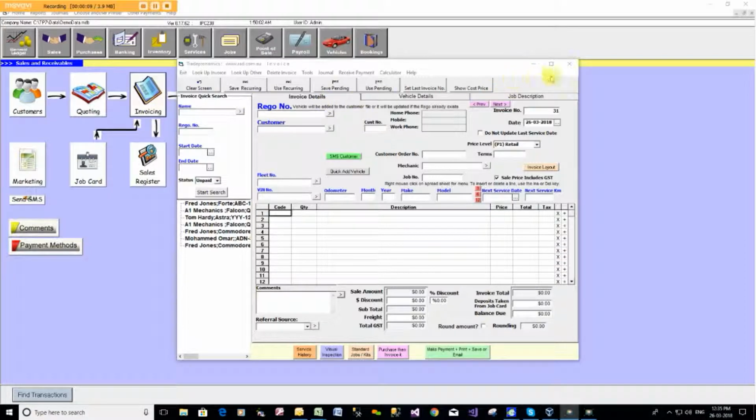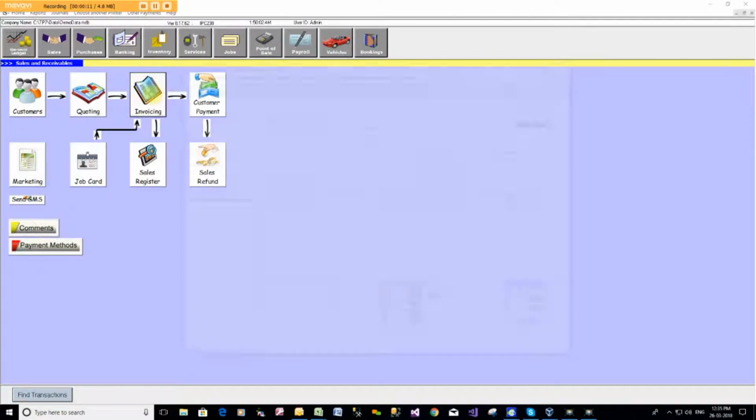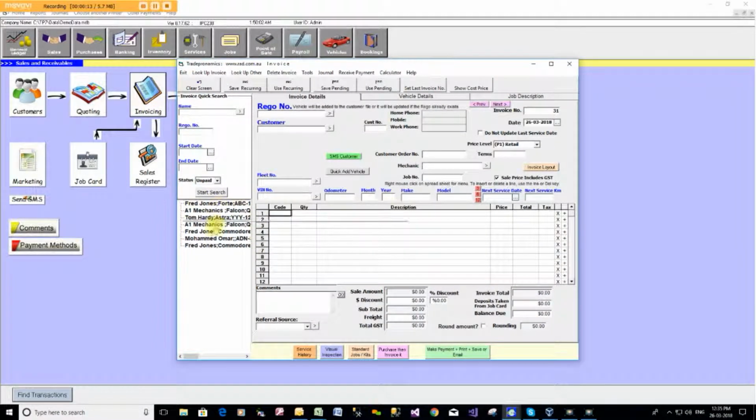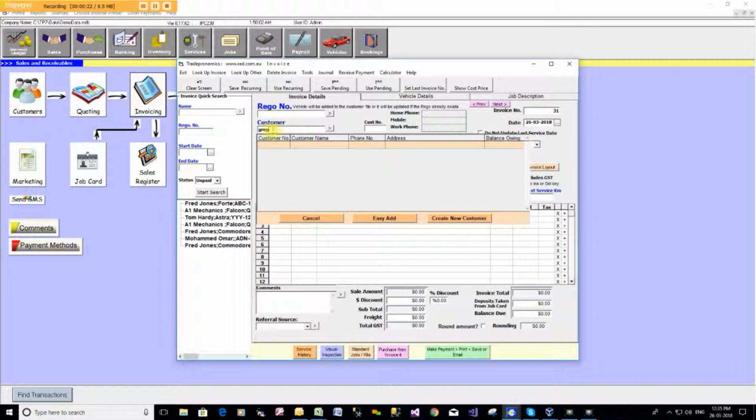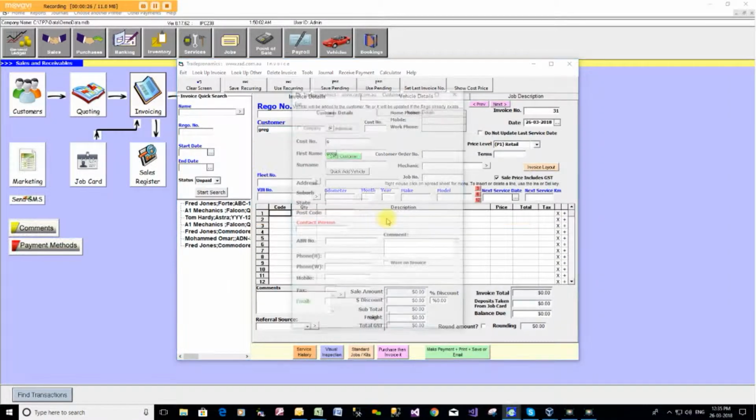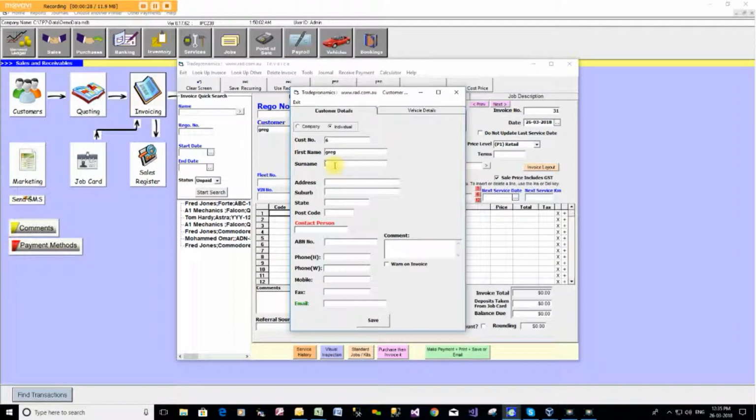Okay, so I'll click on the invoicing screen. These are all the outstanding invoices that haven't been paid. A customer walks in, you can just type in his name, for example, Greg. If he's not there, you can go easy add and fill in the details